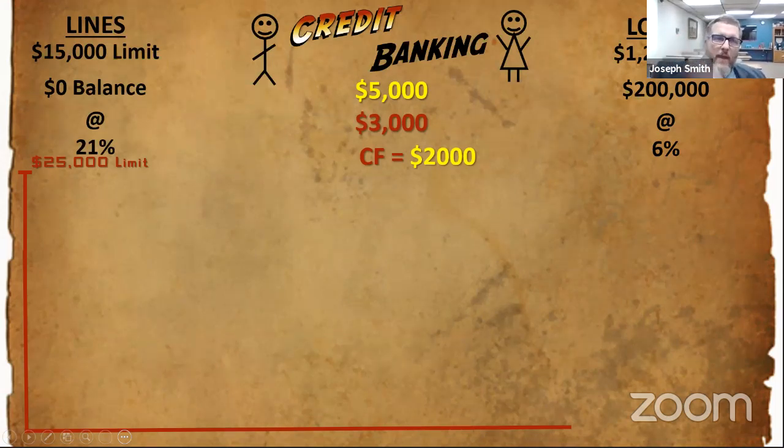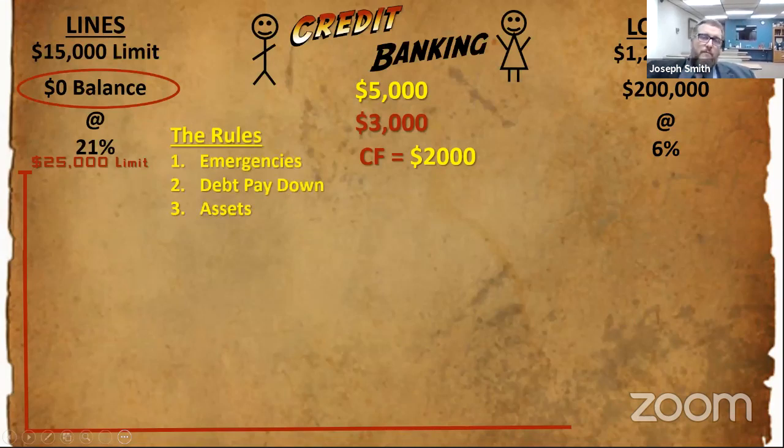So we paid down our balance, right? We had a $15,000 limit. We paid that down. Now we have a $25,000 limit. But in our budget, we still have a mortgage to pay. We have auto loans. Let's take a look at this home mortgage here, okay? So we have our zero balance, right?